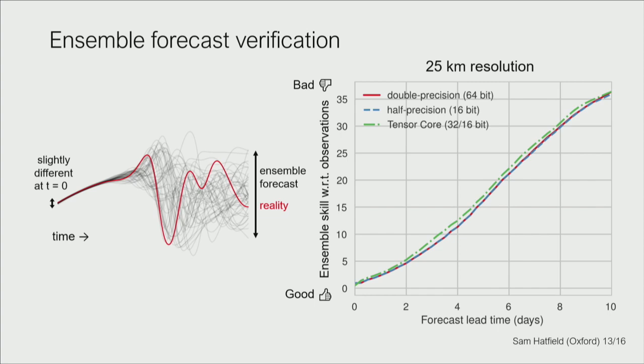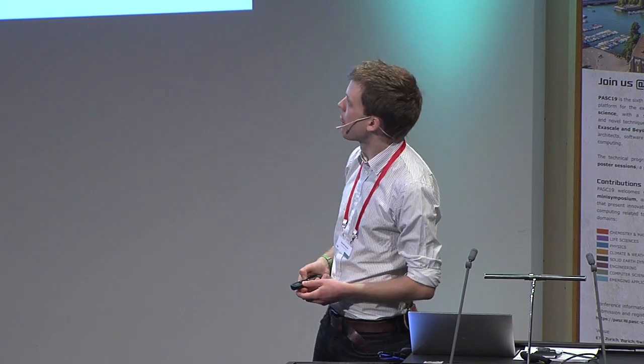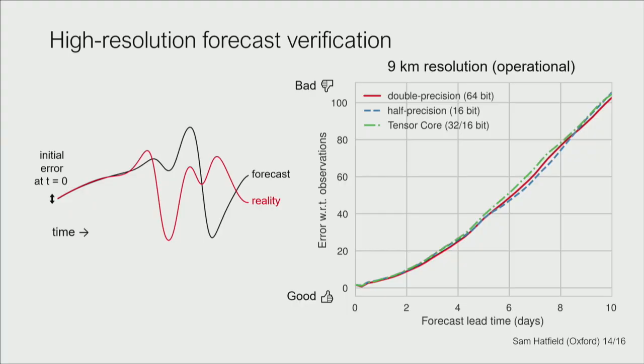I also performed some high-resolution forecast tests, again verified with respect to real observations. In this case, we just have a single ensemble member, and I averaged the error over around 6 forecast cases. So this is really the headline result of the talk, so I'm going to go through it slowly. We have on the y-axis the root mean squared error with respect to observations. So again, we want this to be as low as possible. And in this case, we have double precision, half precision, and Tensor Core basically all giving the same skill in